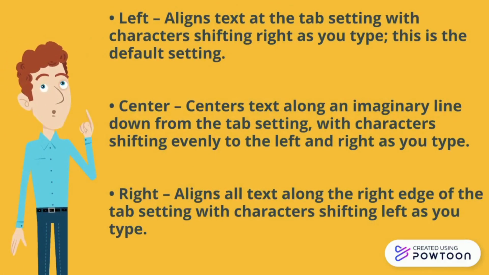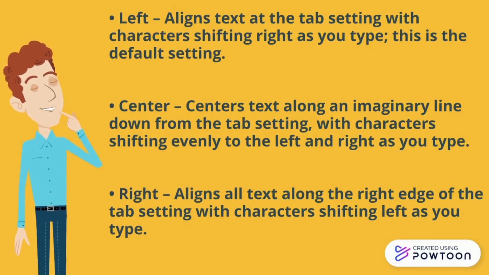Left aligns text at the tab setting with characters shifting right as you type. This is the default setting. Center centers text along an imaginary line down from the tab setting, with characters shifting evenly to the left and right as you type. Right aligns all text along the right edge of the tab setting with characters shifting left